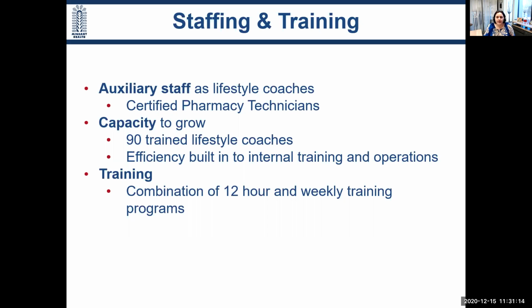So we did this training and we combined a lot of training programs, numerous hours to get our staff ready to go for this program. I mean, we continue to evolve because this is really one of the first programs that's being offered in this hybrid model with all the options that we spoke about. So it is something that we're also learning about and evolving. And then from what we learn, we apply it to get better every single time and with every single patient that we work with. Next slide, please.